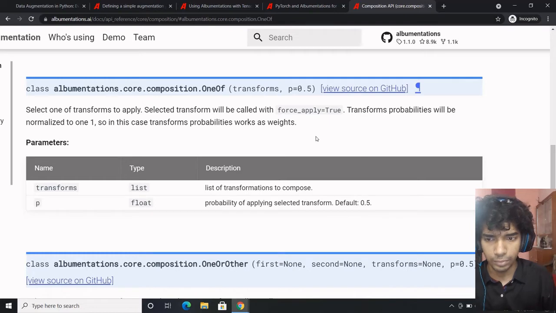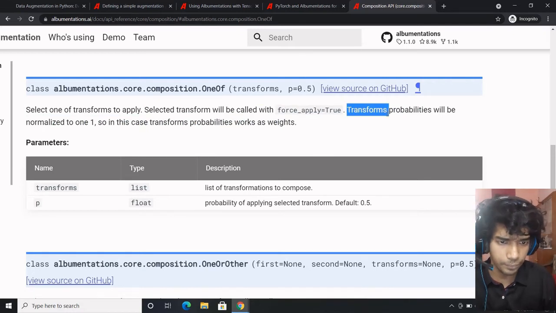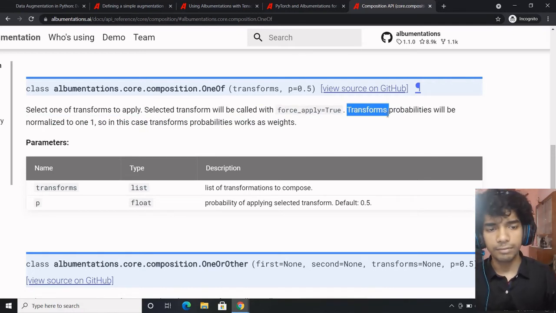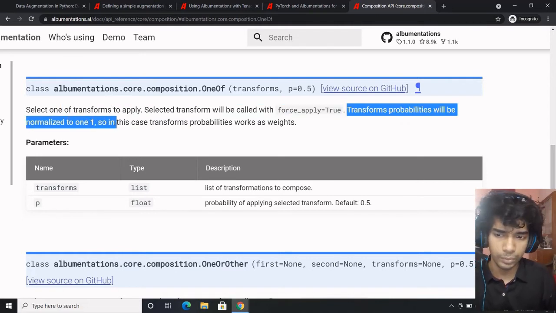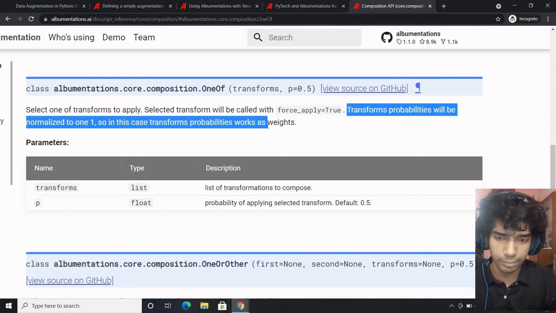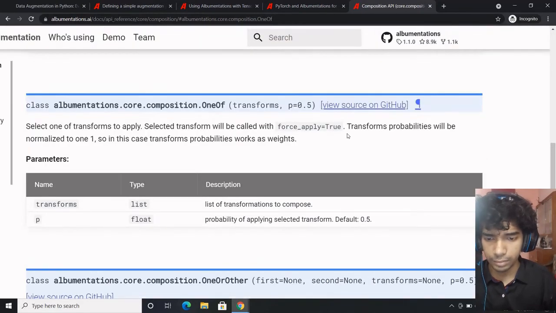Select one transform to apply, and then the selected transform will be called with force_apply equal to true. Then we have transform probabilities will be normalized to 1. So in this case, transform probabilities work as weights.